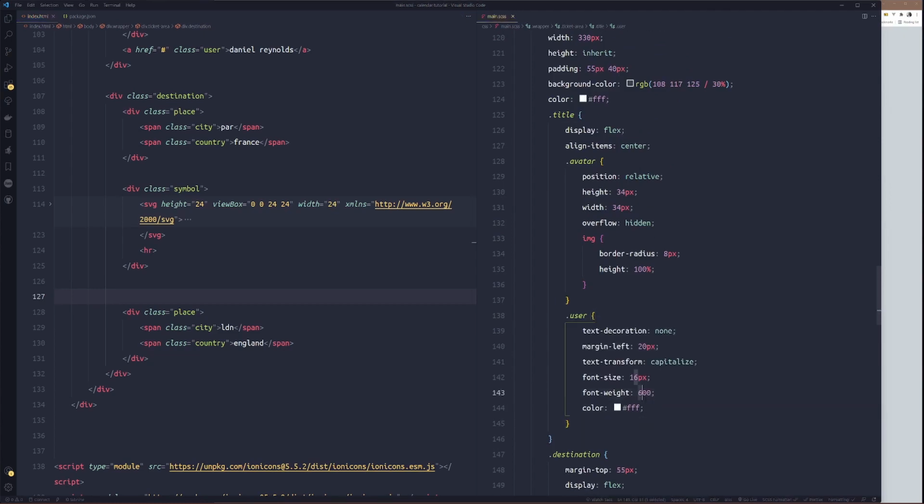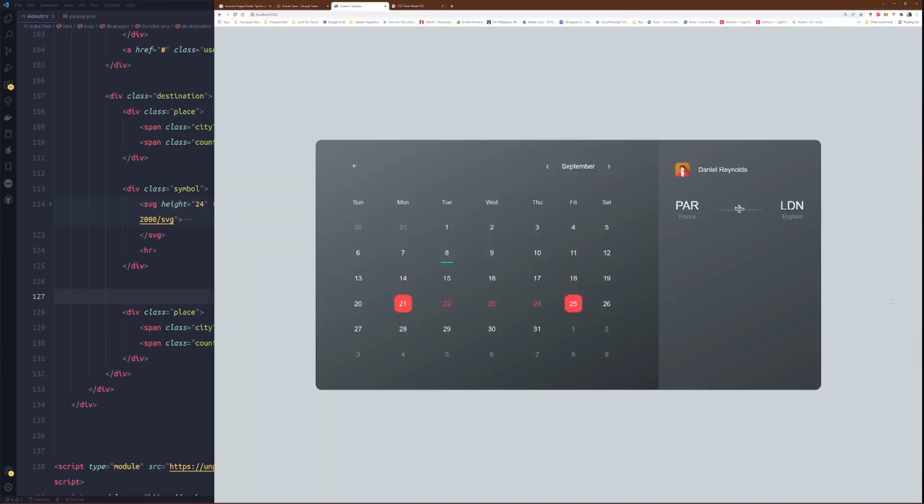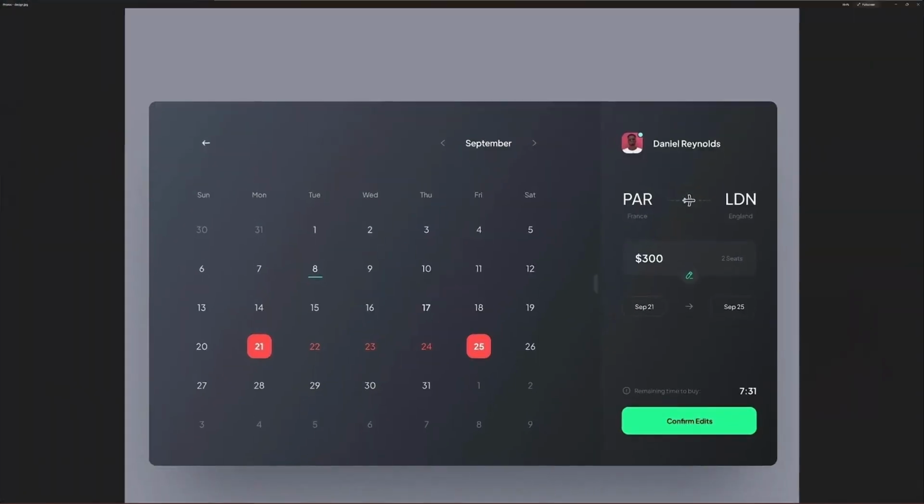Yeah. 500. Okay. So it's good like this. So the next thing now, we need to work on this area here. This area is the ticket allocation.